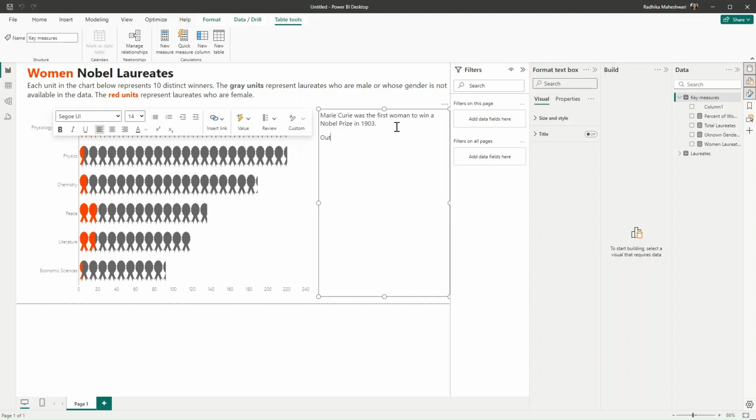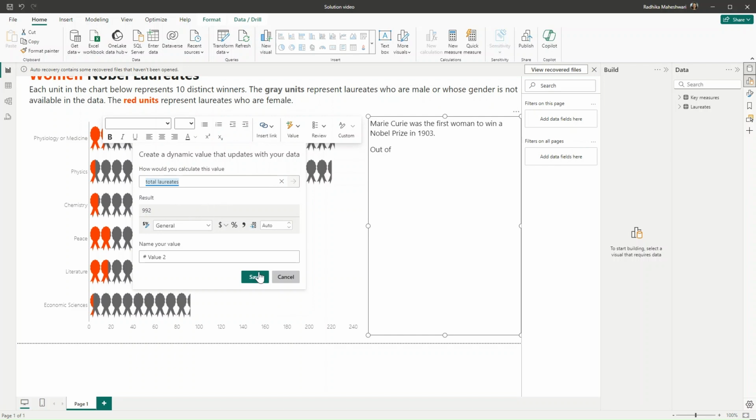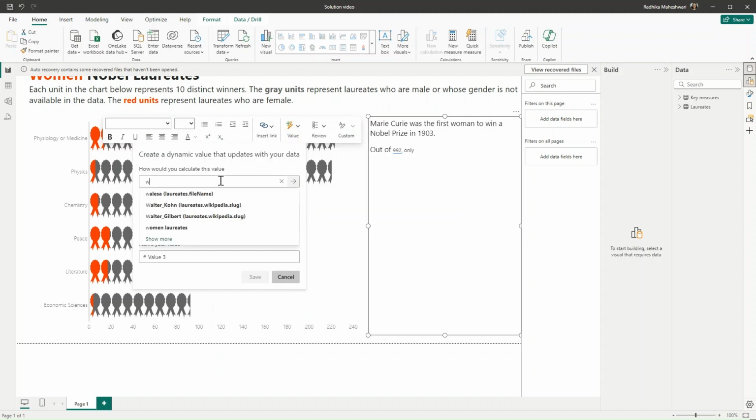And for the second one, I will use a smart narrative. So it says out of, now we need to get the total number of laureates. So for that, I will go to value, total laureates, and click on save. Out of 992, which is the total number of laureates, only now we need to get the total count of women. So again, clicking on value and women laureates,